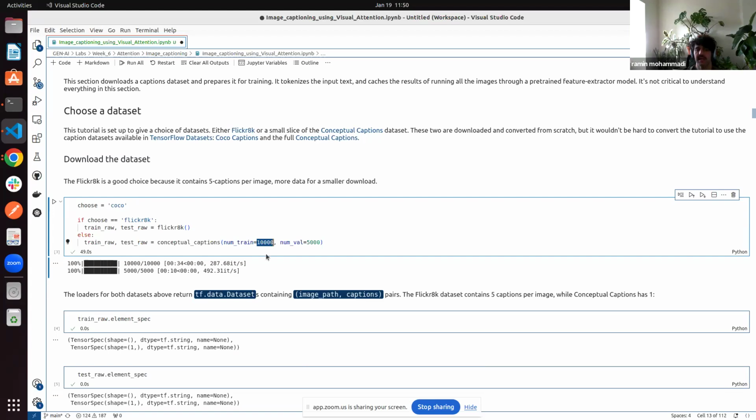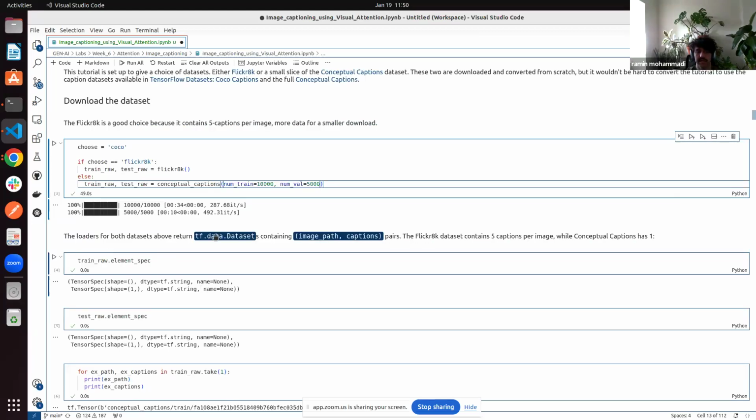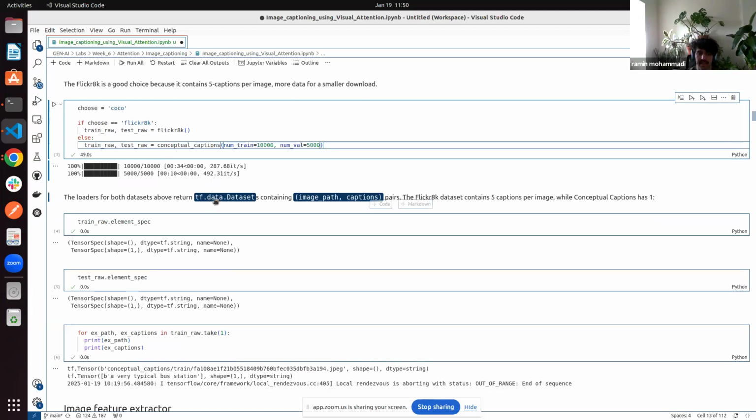I'm only getting 10,000 images from the COCO dataset for training and 5,000 for validation. I have already tested with a larger amount of data, and it gives a better result. But for the purpose of the lab, I'm only using these 10,000 because it takes a longer time to train a model. So the data you get from the COCO dataset